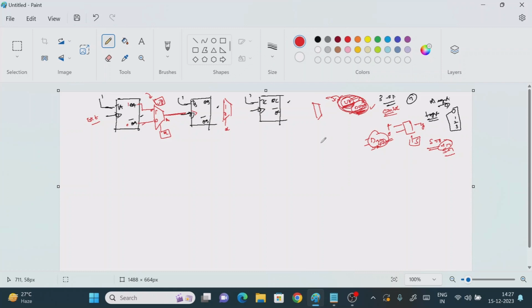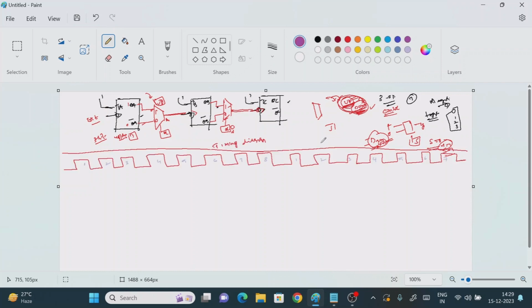Here also, what is the clock pulse of the third flip-flop? It is the output of the second flip-flop. If you connect this one, you get the up count; if you connect this one, you get the down count. So up count or down count depends on x: when x equals 0 you get the down count, and when x equals 1 you get the up count. This is the circuit diagram for the 3-bit asynchronous up-down counter using T flip-flops. If they ask to implement it using JK flip-flops, the only extra thing is to connect JA, KA to 1, JB, KB to 1, and JC, KC to 1. That is the only change; everything else remains the same.